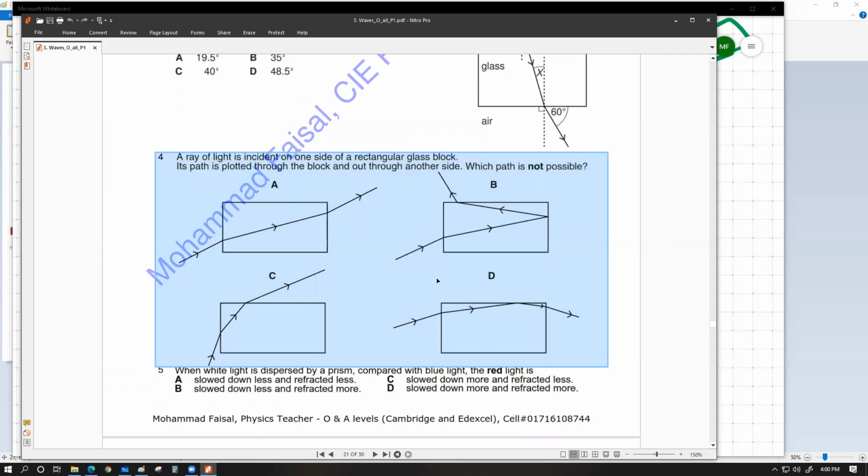Judge the pathways, and the question is asking which path is not possible. So you need to find out a figure where at least one of the light incident is shown wrongly, either entry or the inside reflection or the exit. So the question is not possible. So দেখো তো এখানে কোনটা কারেক্ট আনসার হয়।